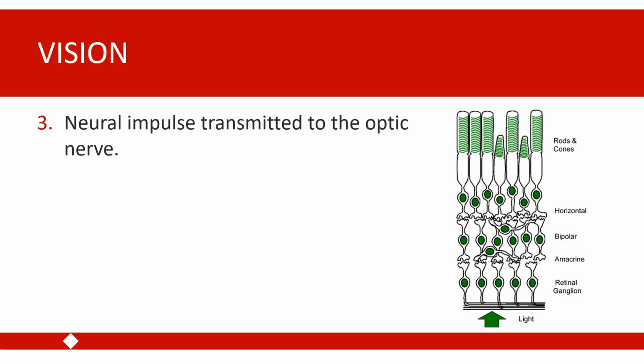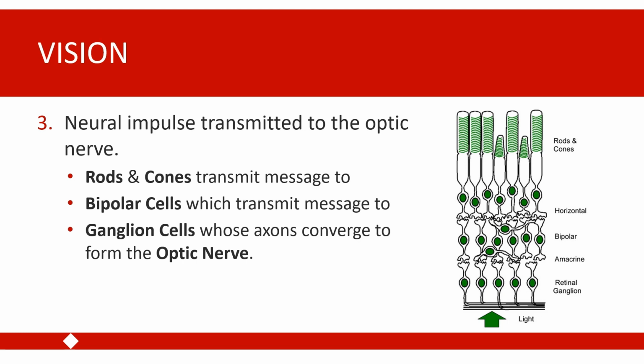After these photoreceptors are activated by light waves, the information is transmitted to the optic nerve through a series of cells. So when the rods and cones are activated, they then transmit that nervous impulse to our bipolar cells. Bipolar cells are intermediary cells in our visual system that exist between our photoreceptors, the rods and cones, and our ganglion cells. The axons of our ganglion cells converge to form the optic nerve. That is the nerve through which these neural signals are then transmitted into the brain to the visual cortex.